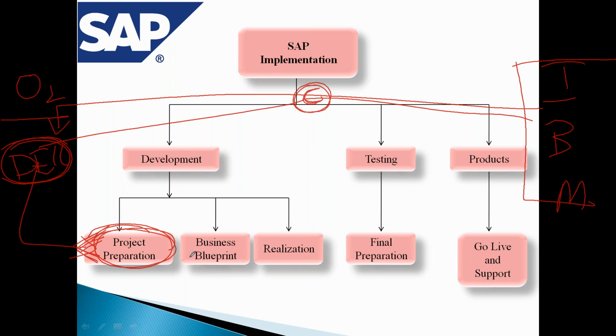So project preparation is all about setting up every requirement in terms of manpower, in terms of environment, in terms of role clarity. A business blueprint consists of all the infrastructure inputs of the Dell company. When I speak about sales, how many dealers are there, how many distributors are there, what products are there, what is their pricing, what is their availability, how many production units are there, how many sales employees are there, how they are reachable to the market, how their order management system is, that is sales system, how the transportation, how the billing cycle. I need to understand all of these company requirements, infrastructure related, document it,